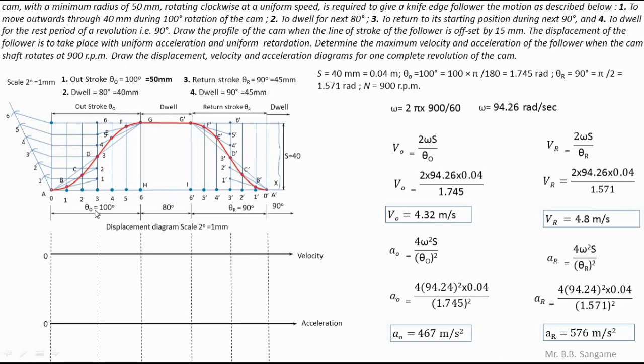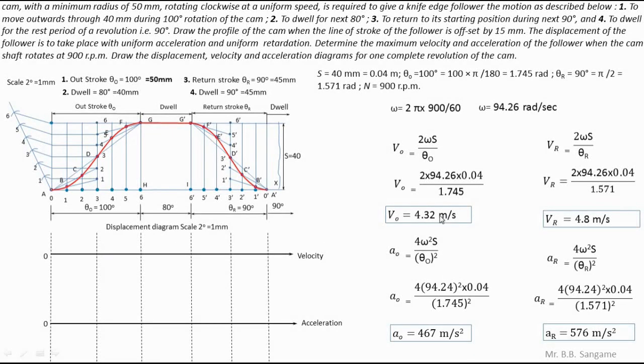So let us discuss here. Here you can see that the displacement is 0 at this point, and as the displacement of the follower goes on increasing, velocity is also going to increase. Similarly, A and G are the two points which show the follower is stationary. From point A, as the cam rotates, the follower is going to move. So the follower comes from the state of rest to the state of motion. Up to point 3, the follower will attain its maximum velocity. After that, the follower goes from the state of motion back to the state of rest, so the velocity is going to decrease. So the velocity profile will be like a triangle. Okay, so let us draw a triangle.